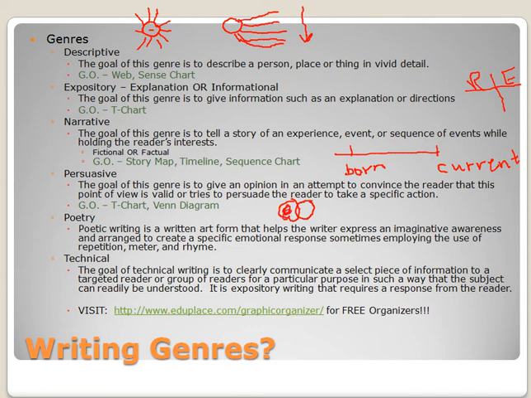Poetry. Poetic writing is a written art form that helps a writer express an imaginative awareness and arrange it to create a specific emotional response, sometimes employed by the use of repetition, meter, and rhyme. With poetry, it could just be, like it says here, a rhyme that you're following, an A, B, A, B, A, B, or A, B, B, A, A, B, B, A sort of pattern, or it could even be like a